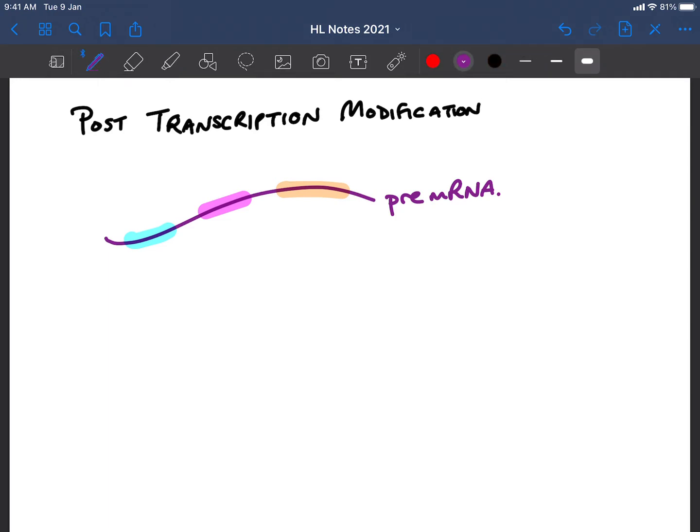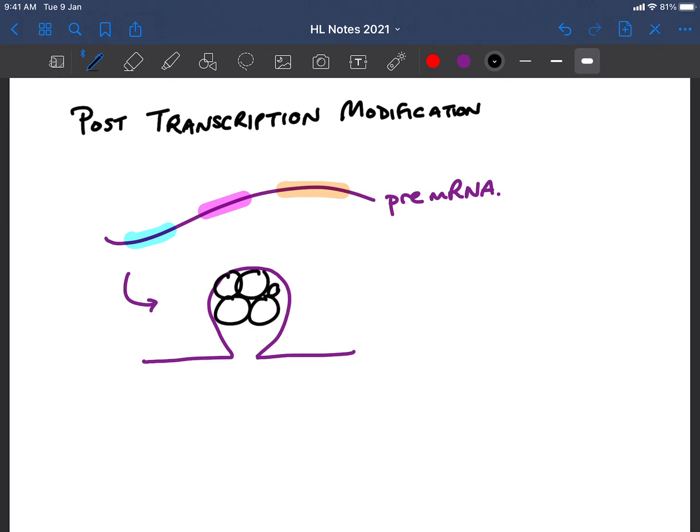So what happens is that we end up with the formation of a complex which is known as a spliceosome. So a complex of proteins are going to come together and they're basically going to fold that mRNA in on itself so that the intron,